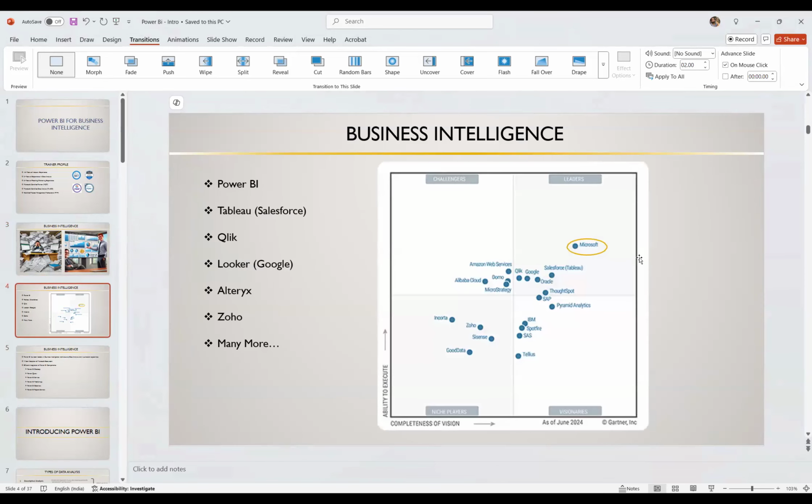There are many business intelligence tools available in the market. We have Power BI, Tableau, Qlik, Looker. These are some market leaders, but Tableau is Salesforce. Yes, Tableau is Salesforce, correct. So there are many business intelligence tools available in the market, but Microsoft has been leading